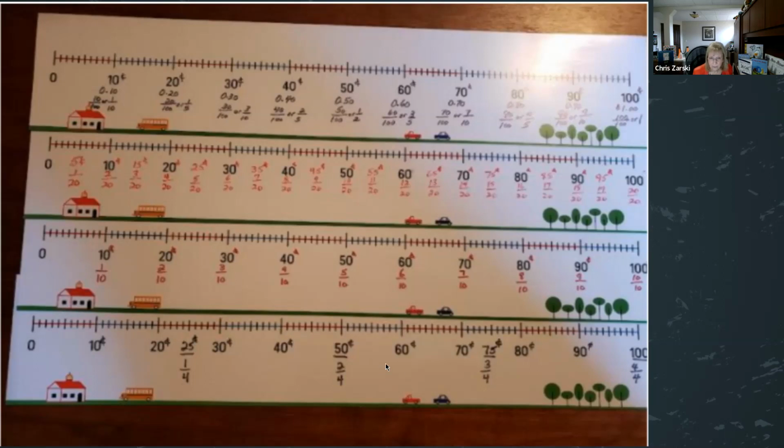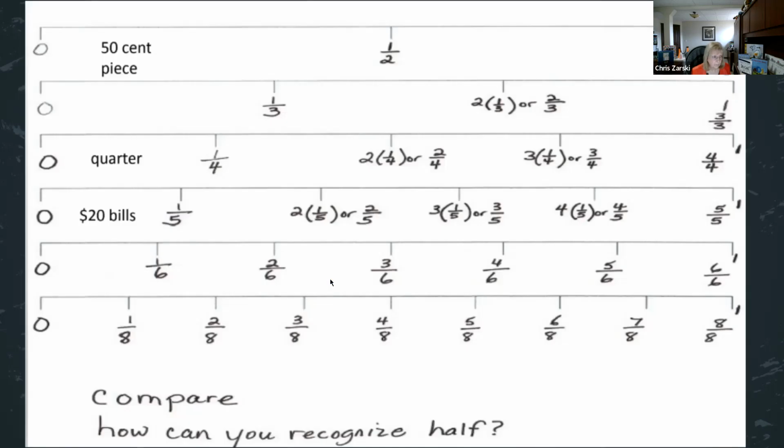And why was that even important, putting them all on the same number line? Then I could even have a conversation about at 50, what is 50 cents in the 100? Well, it's the halfway mark, right? It's the halfway mark. And what did we see about the fractions that we wrote at that halfway mark? And then we started to talk about things like an equivalent fraction. So it was how we developed our work forward from there.